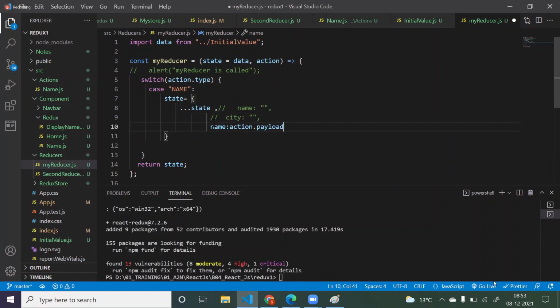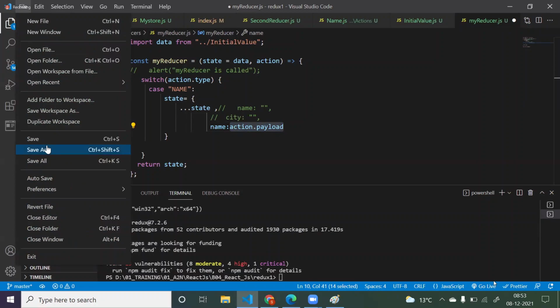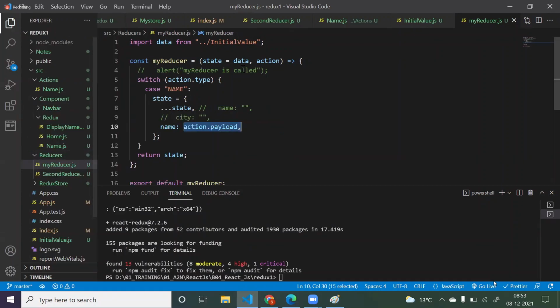We know that in an object, if the key is already present and we use the same key again, then it will do the update. Initially it was empty, then we are just updating it with some value. That's it. Now to store everything, just save it. Save all. Now everything is saved. Like this, we have to write multiple cases. Now what we did is store the component data inside this state. This state is stored in your Redux, so automatically this data also got stored in your Redux.